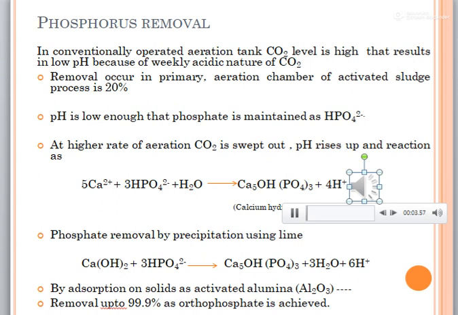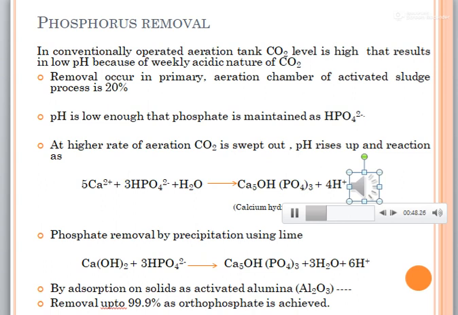In a conventionally operated aeration tank of an activated sludge plant, the carbon dioxide level is relatively high because of the release of the gas by degradation of the organic material in water. The aeration rate is not maintained at a very high level because oxygen is transferred more efficiently from air when dissolved oxygen levels in water are low. Therefore, the aeration rate is not high enough to sweep out sufficient dissolved carbon dioxide to bring its concentration down to low levels. pH generally is low enough that phosphate is maintained primarily in the form of